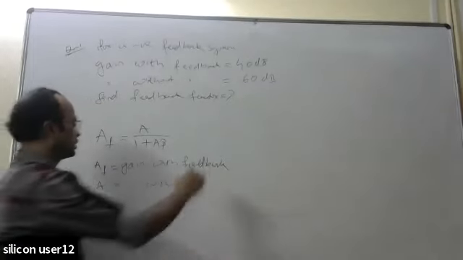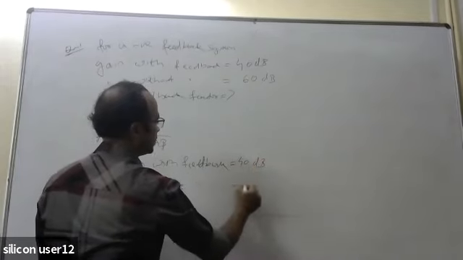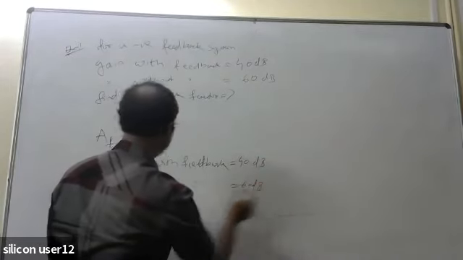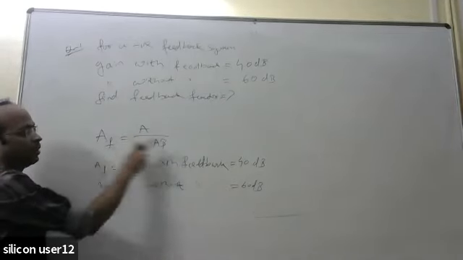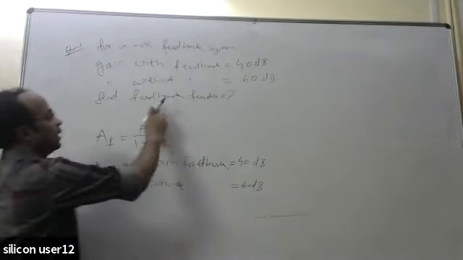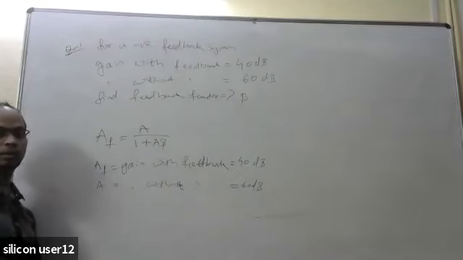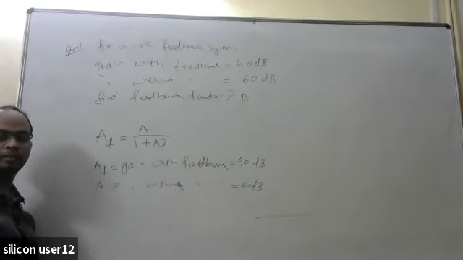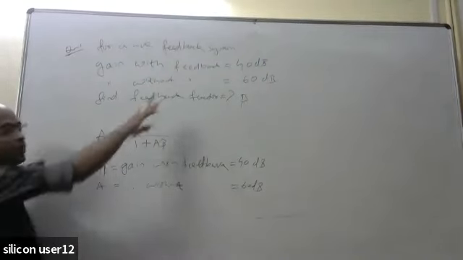Okay, so this one is given AF equal to 40 dB. Okay, here it is 60 dB. So A is given, F is given, only the beta is the unknown term it is asking. It is asking to find the feedback factor. Feedback factor मतलब beta पूछ रहा है. Can you calculate? Yes, you should calculate easily, but if it would be given directly.